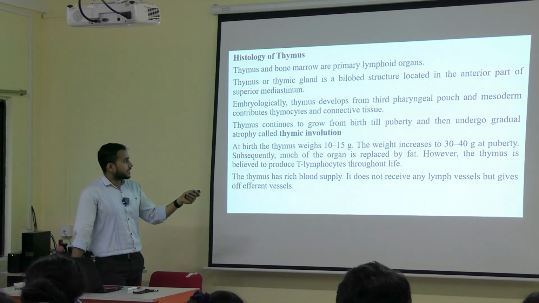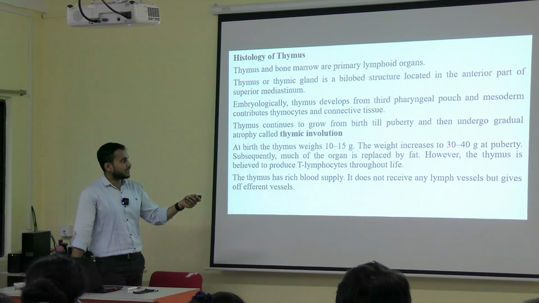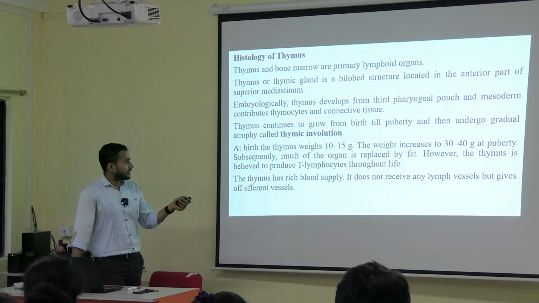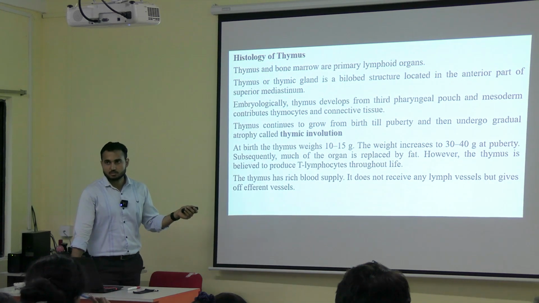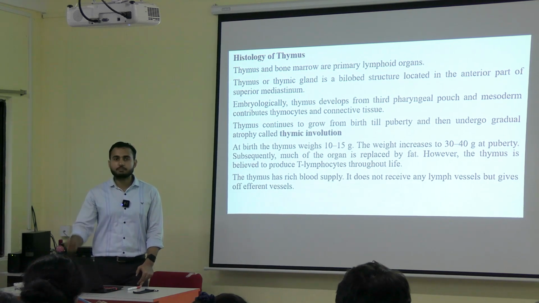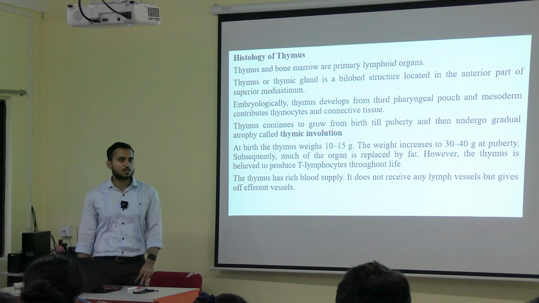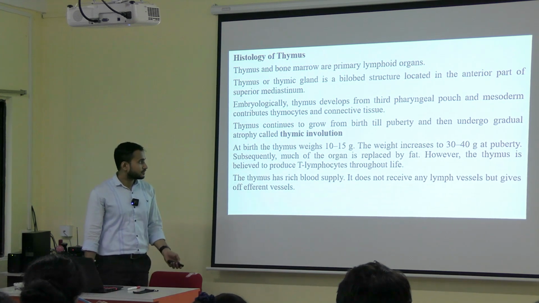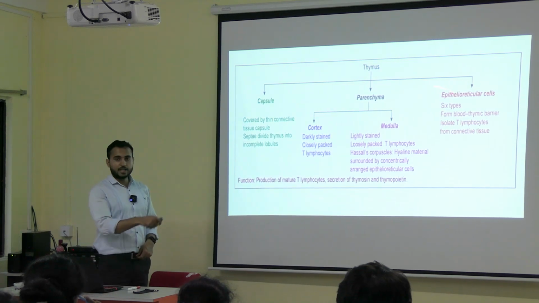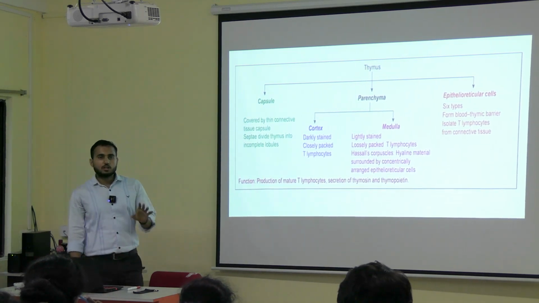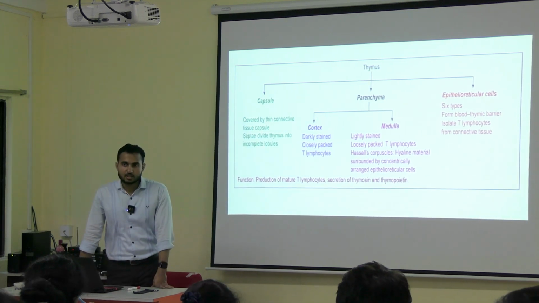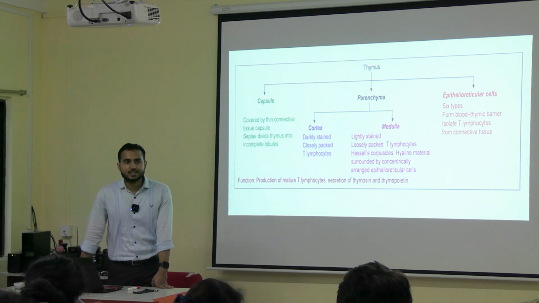At birth the weight is 10 to 15 gram. During puberty it is 30 to 40 gram. However, subsequently it is replaced by fat. That means adipose tissue will replace the glandular part of the thymus. That's why it is not seen in the cadavers. Okay. Now this is the whole story of the thymus. Generally the structure of the thymus is not that difficult. The most difficult part of the thymus is